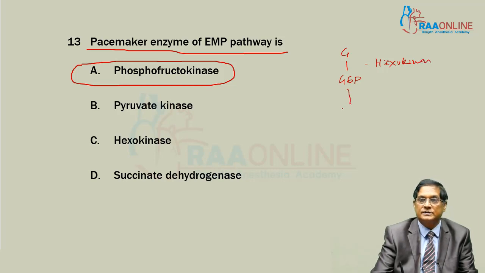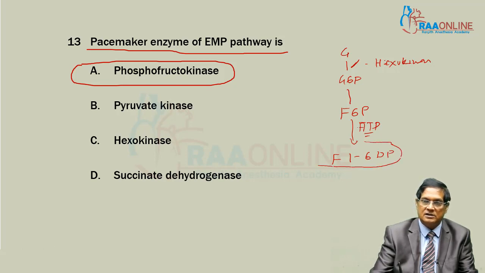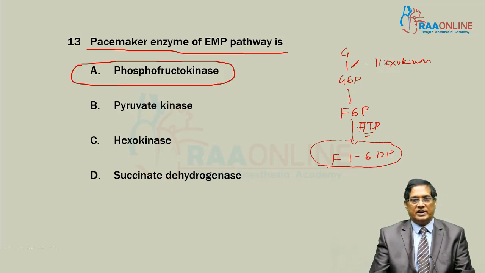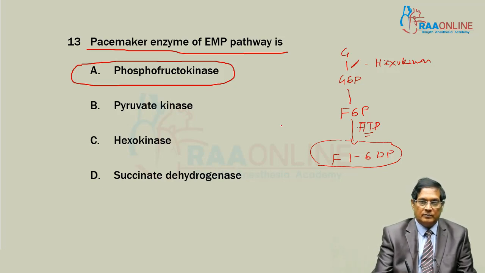Then glucose 6-phosphate is converted into fructose 6-phosphate by isomerization. Then fructose 1,6-diphosphate is formed. It uses ATP again. Here the use of ATP, here also use of ATP. What is formed? Fructose 1,6-diphosphate. And this is the process of charging completed, charging of substrate. From this, glycolysis proceeds. So this enzyme is